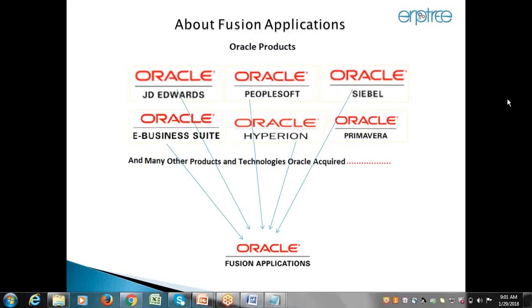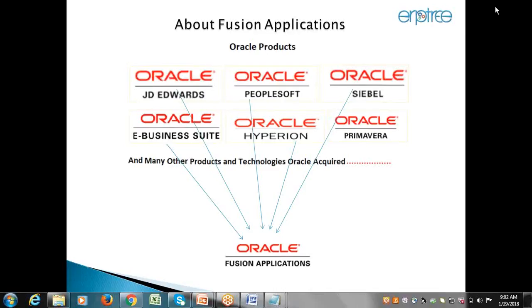Correct. That is also one point here. Workday is also one of the HCM solutions, but it's completely different. Workday is a separate ERP, a separate product. We have Workday for HRMS and financials, HCM and finance, and other areas also have a solution. There are many other ERP products in the market. Yes, Workday is also one of the good products which is doing well in the market for HCM solution.